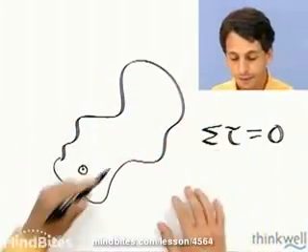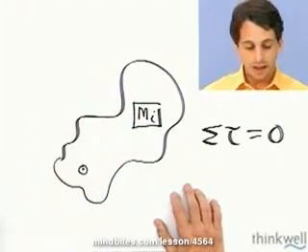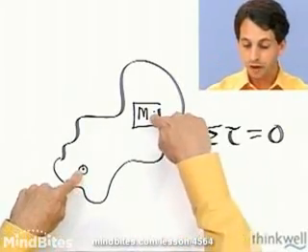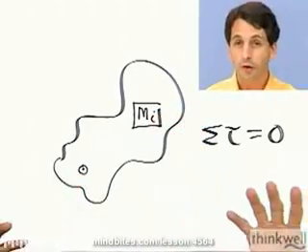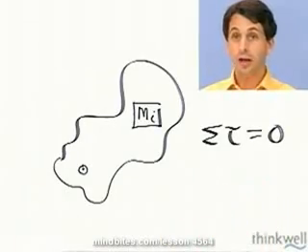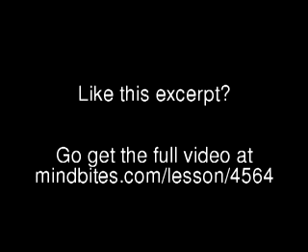So what's the sum of the torques on this object? This object is made up of a bunch of chunks of mass m, which we could label m sub i. It's a little bit of a complicated problem. I have to figure out the torque. What's the force which is causing this thing to rotate around? It's gravity. I'm just talking about an object hanging. So it's the gravitational force on